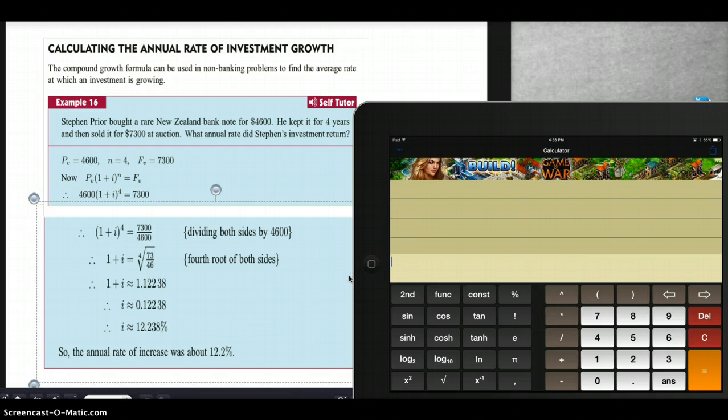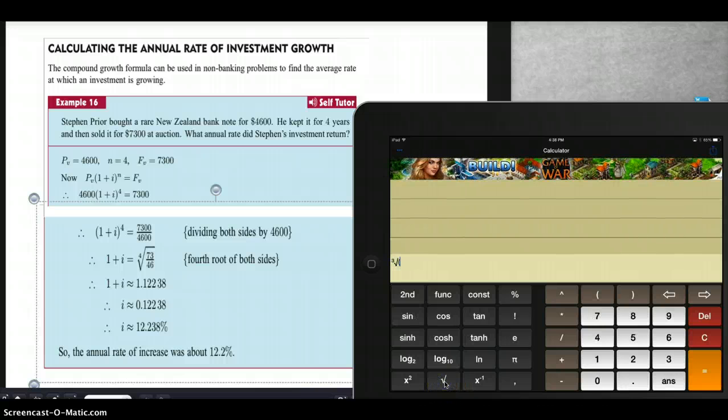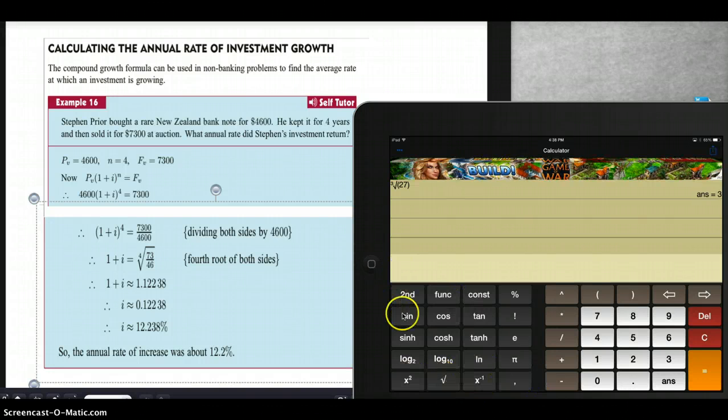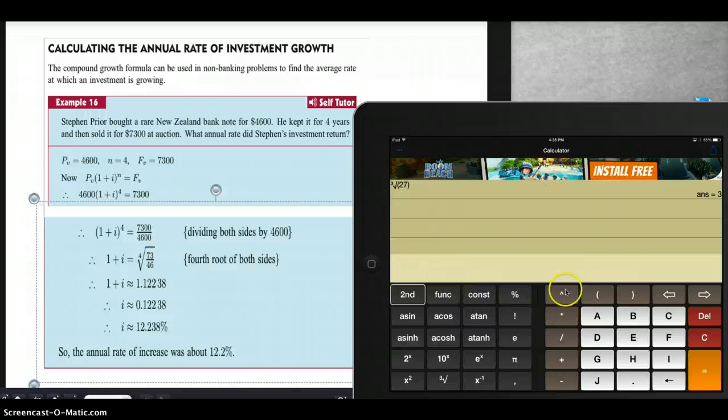That's our challenge here, because if we try to take a fourth root on your Good Grapher calculator, notice that here we have a square root. And if we press the second function key, I get a cube root option down here, right? So I can cube root something, 27 as an example, but there's no fourth root option either within the regular functions or within the second functions. So we need to solve this in a different way,